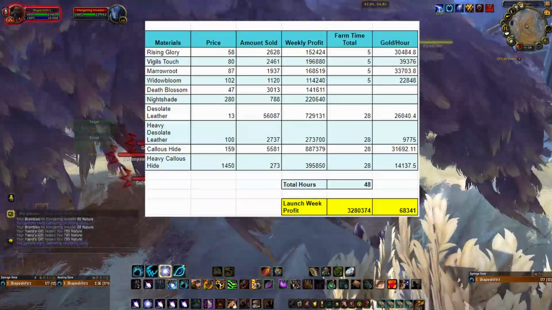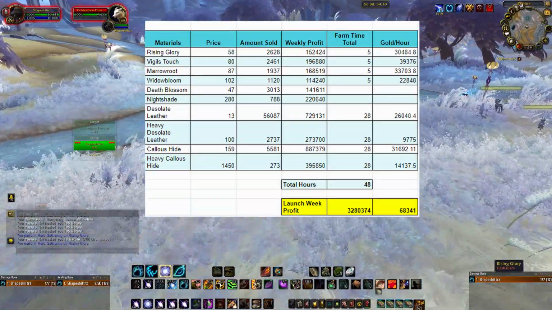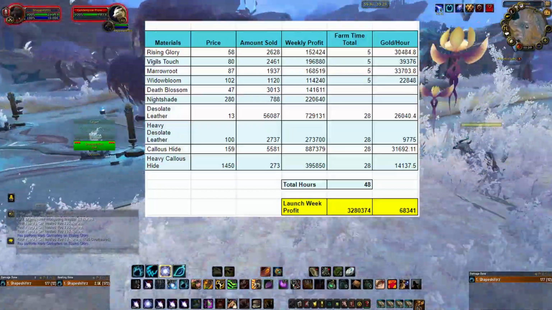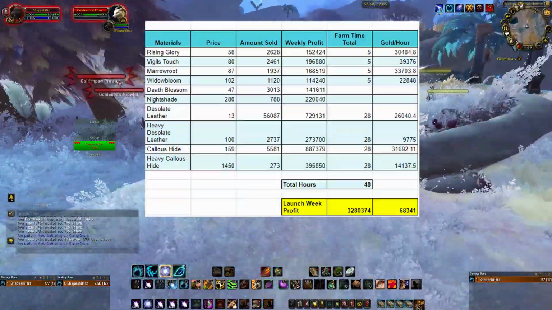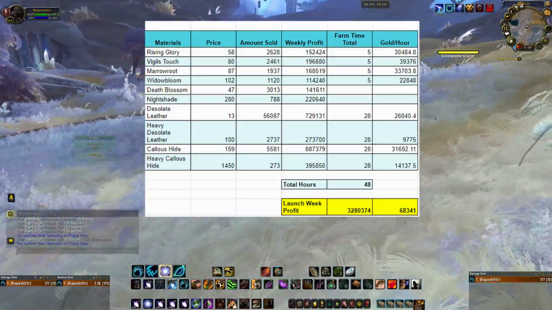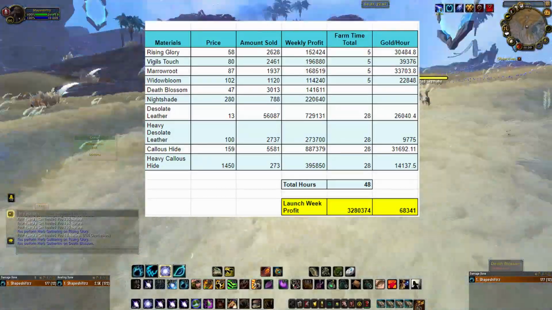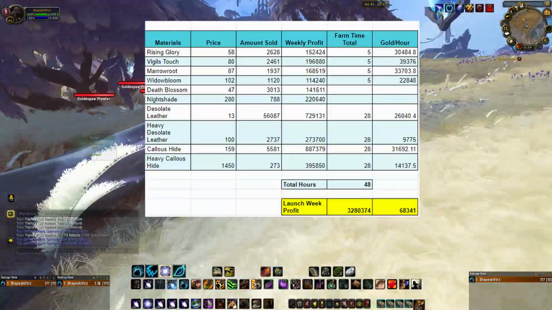It is not 28 times 4, just 28 overall hours. Same as herbalism, if you are interested in learning more about the skinning spots, check out that video. Now, that brings us to our grand total of 3,280,374 gold. With 20 hours in herbalism and 28 in skinning, that brings us to our weekly total of 48